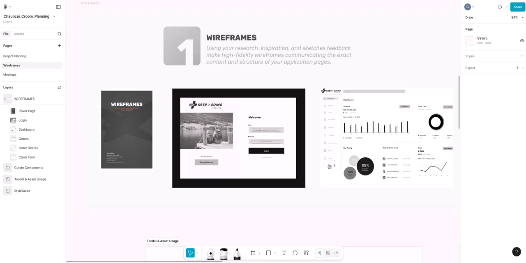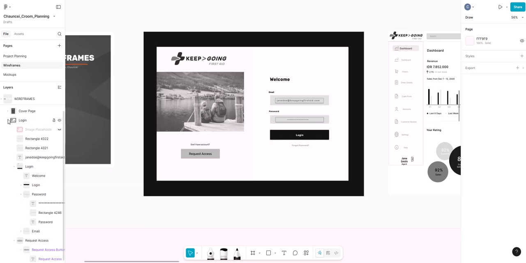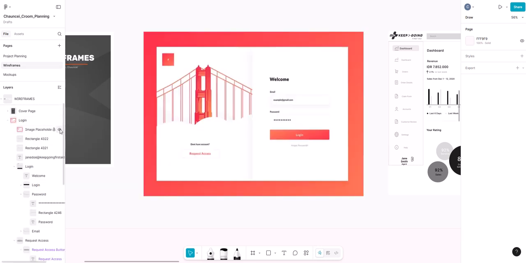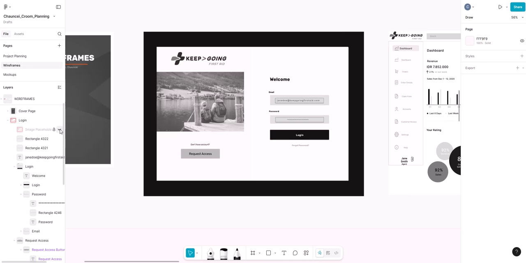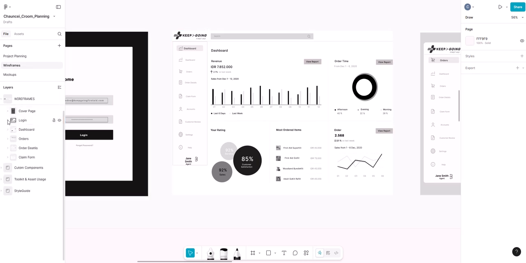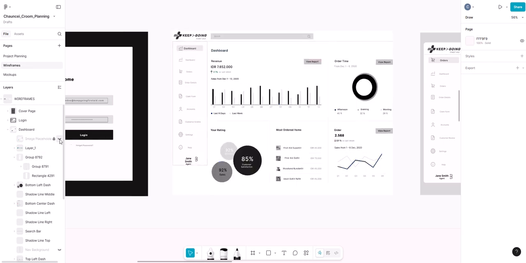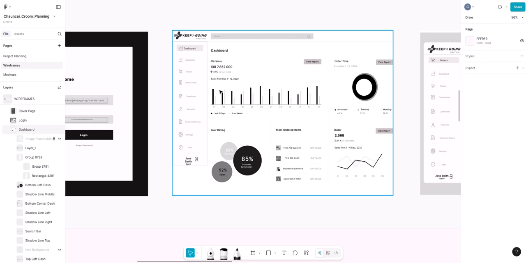And I'll just go through each one of them to show the original image versus my recreation. And I tried to keep them all as unified as possible. That's the login. This is my dashboard here, and that's the original. That's my creation. The most challenging thing with the dashboard was actually trying to recreate the graph here. But other than that,